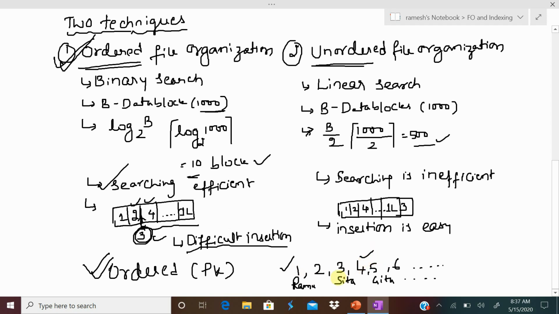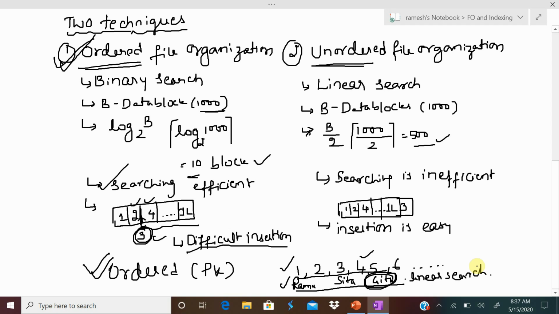Suppose I want to search students with respect to their name, meaning I want to find details of Geeta. But observe, the names of the students are not ordered, only roll numbers are in ordered fashion. Because the names are not ordered, we have to use linear search, and as we know, linear search is inefficient.